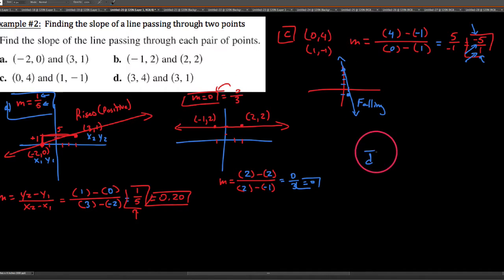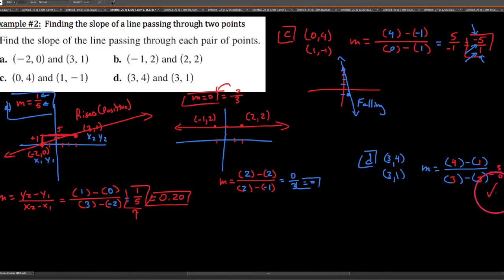So for letter D here, again, I'm going to go at this with just the points first. So let's get our coordinate pairs in here, our ordered pairs. We have 3, 4, and we have 3, 1. One thing you might have already inferred is that our x values are the same here. So let's talk about what this would imply. If we did change in y, 4 minus 1 over change in x, 3 minus 3, what you observe is that we get 3 over 0, which we're going to make a big note here. Division by 0 is undefined. So in other words, we have no slope, and what that would mean is that this is a vertical line.